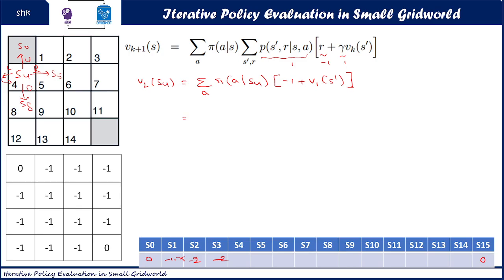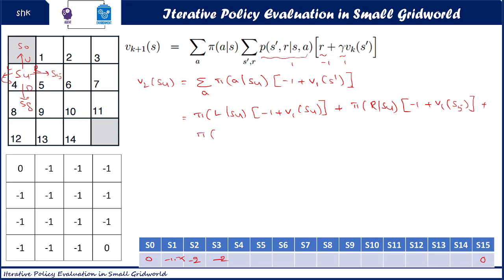So by expanding this for all the actions, the probability of left action from S4 state, minus 1 plus V1 of, when you take the left action from S4 state, we fall into the same state, that is S4, plus the probability of right action from S4 state, reward is minus 1, V1 of, when we take right action, we change the state to S5, so here we get S5,